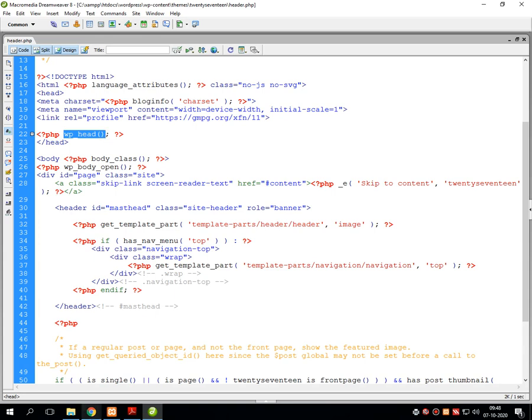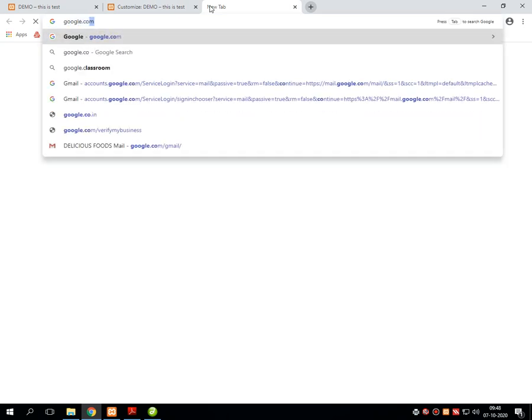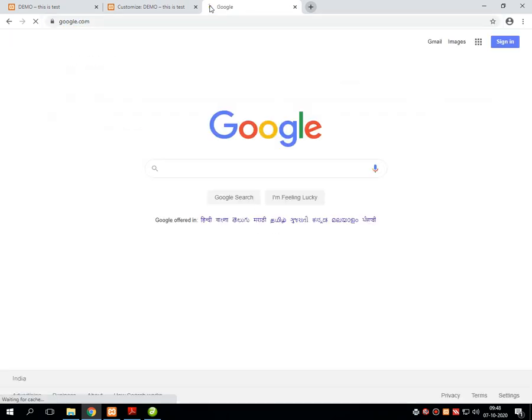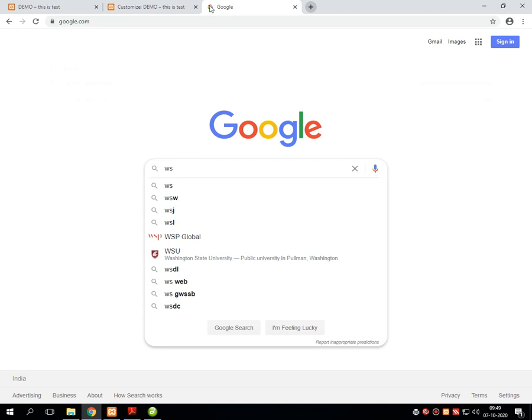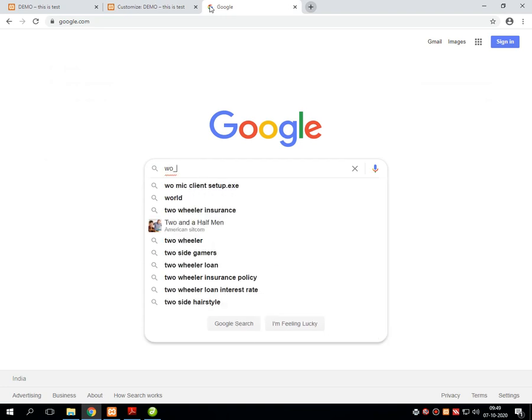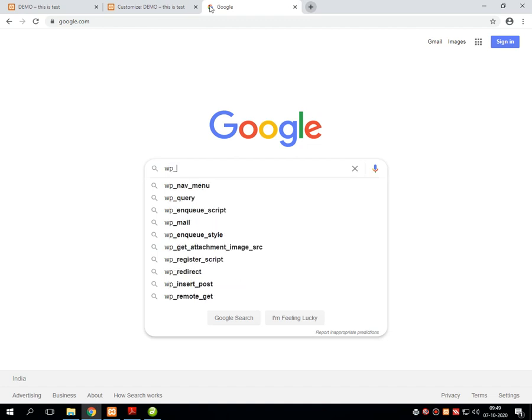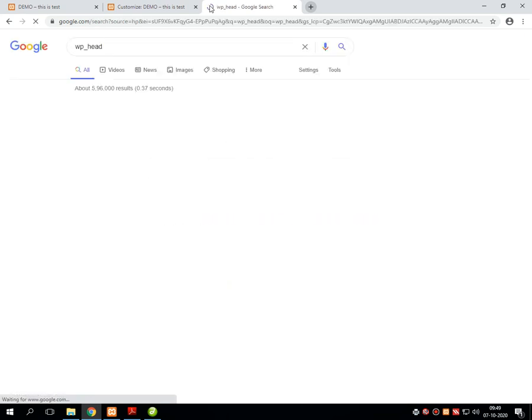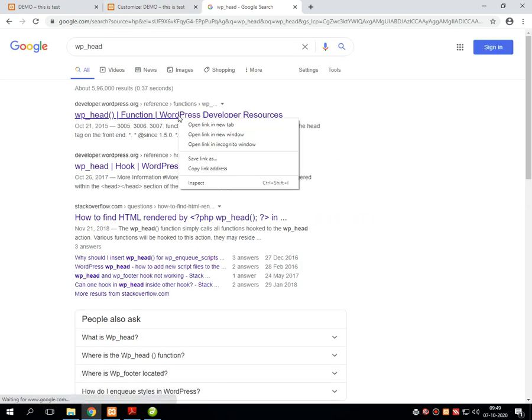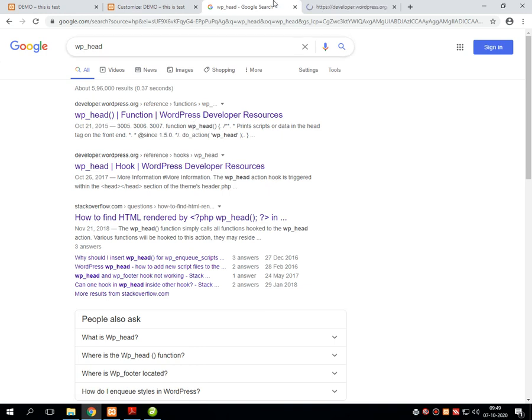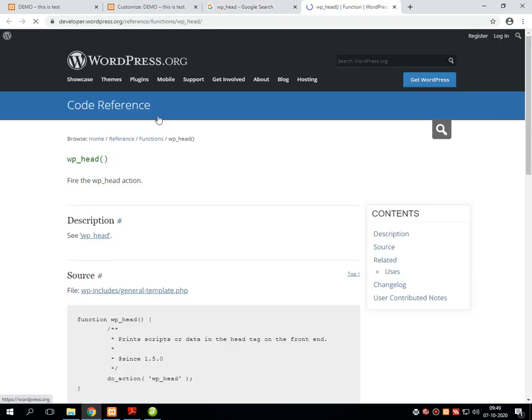What is the function of wp_head? The function of wp_head is very simple. This is a WordPress function, because in this function you can see that whenever it gets started, it is followed by the prefix called WP. Now what is WP? That is WordPress, obviously. Now the functionality of WP is